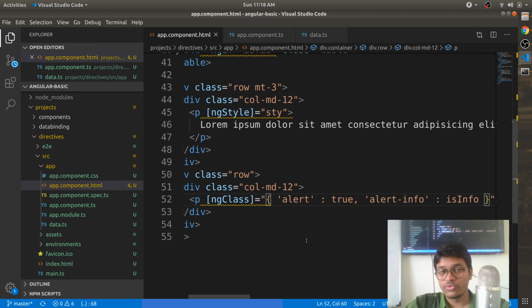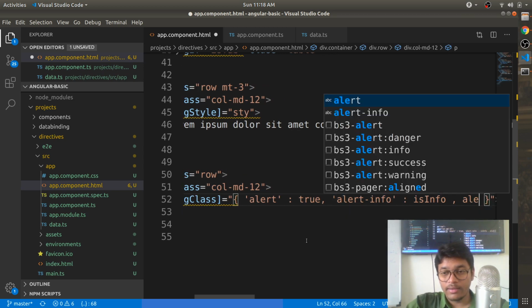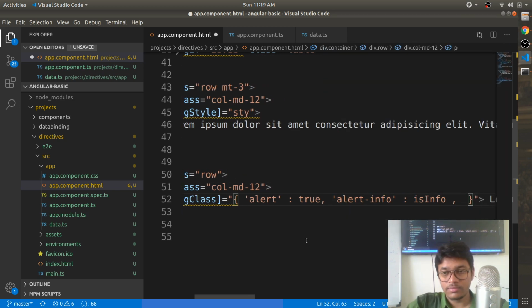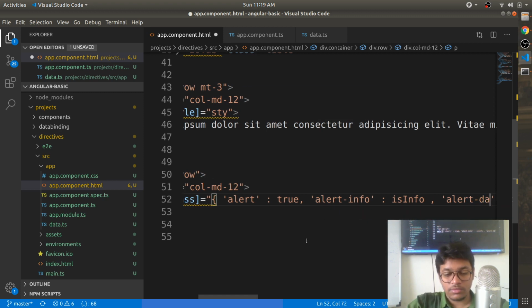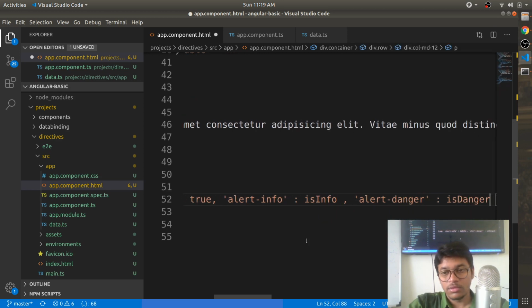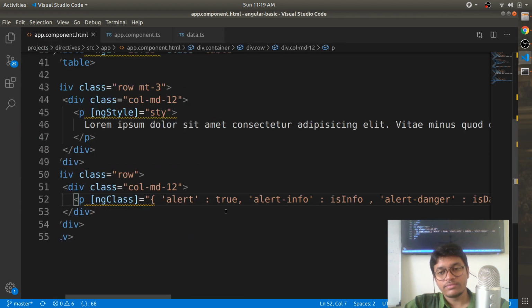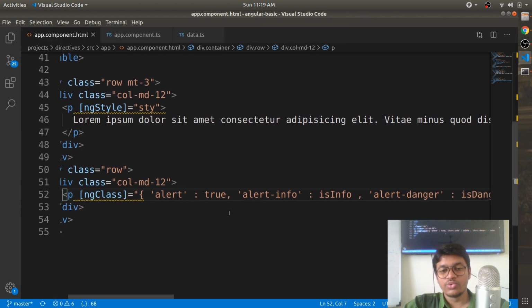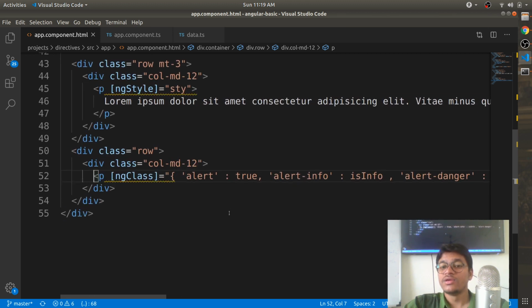Then I want to apply alert-danger, and isDanger. Getting that? Alert true, alert-info isInfo, alert-danger isDanger, and like this. Now you can change these variable values, right? You can change these variable values. So